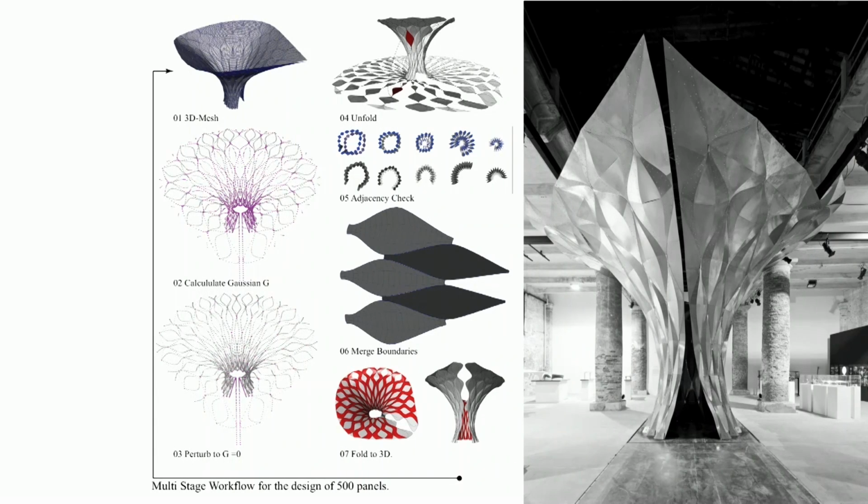And so that's the difference between the pink ones and the gray ones, that when it says perturb G equal to 0, it means move the points until the Gaussian curvature, or the angles add up to 0. And the rest is unfold, you check for things to match and production things, and then we folded that, this time with 80% of the panels folded by a robot. 20% was too big for a robot, so we needed smaller human hands, and then they were all bolted together. This was for the 2012 Venice Biennale.